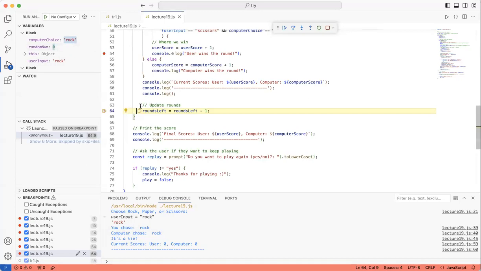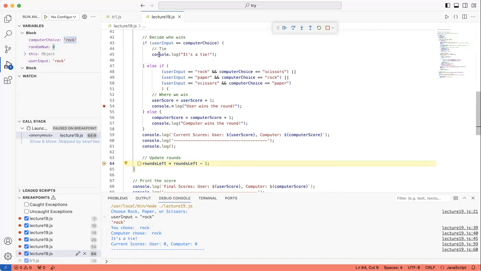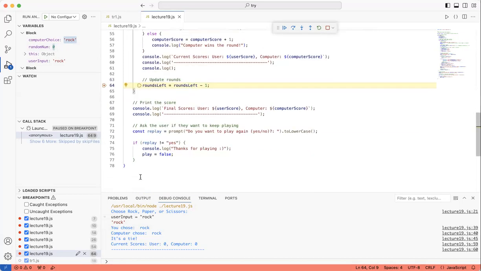So coming back to the console, it now goes through the whole code or the whole process, and it gives you an answer where it shows that you chose rock, the computer also chose rock, so it's a tie. Now the user score is 0, the computer score is 0. And it keeps on going until the program ends. You have to keep on continuing again and again till you finish the program. Does that make sense for you guys?